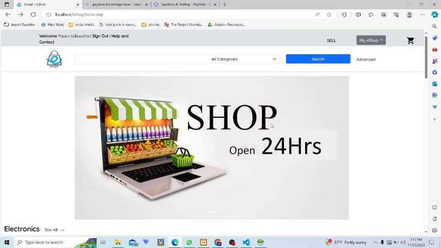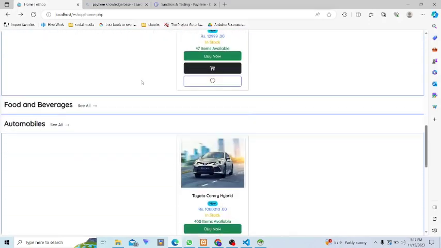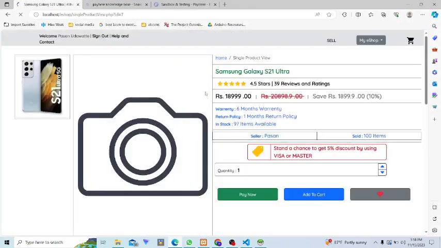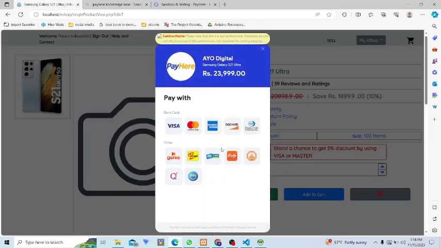In this video, we are going to discuss how the buy now process of our e-commerce web application project works. So if I select a product and click buy now, we will be redirected to the single product view page. And in this page, we can click pay now and the payment gateway will load here. And then actually we are using a sandbox for this, not an actual live payment gateway, because the